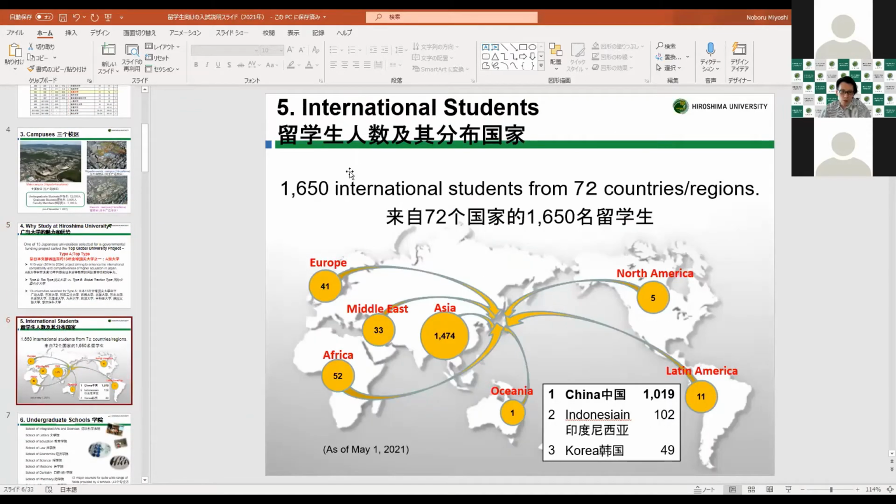At Hiroshima University, we have 1,650 international students gathered from 72 countries and regions. Actually, last year we had around 2,000 international students. However, under the COVID-19 situation, the number of international students is decreasing. So in 2021, we have